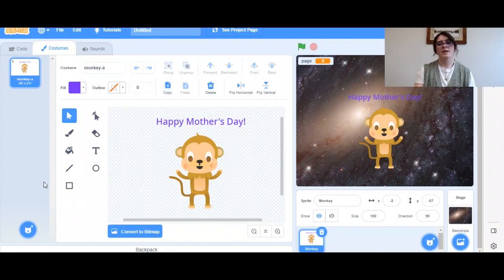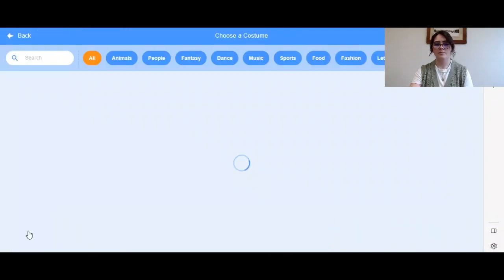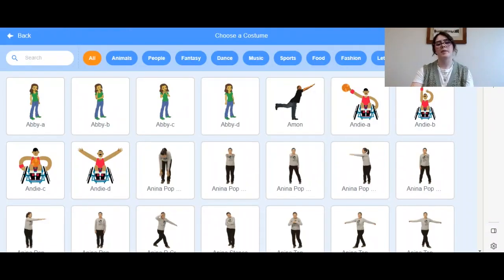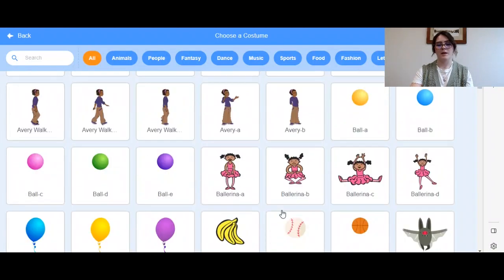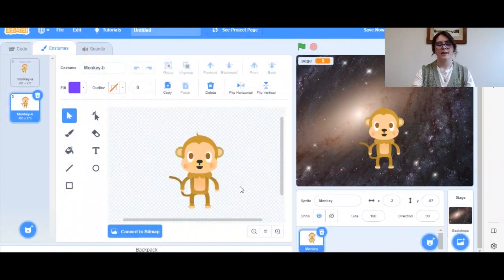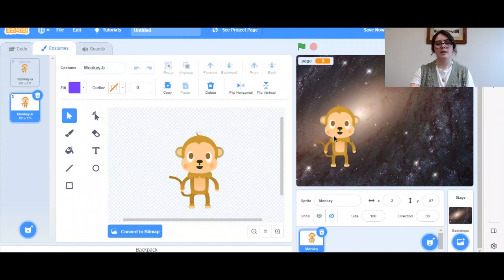What you can do now is select a different sprite to put on your second page. So here we have choose a costume, and I'm going to go and choose something else. So I chose my monkey again, but this time he looks a little bit different. I'm going to move him around on the screen like this,